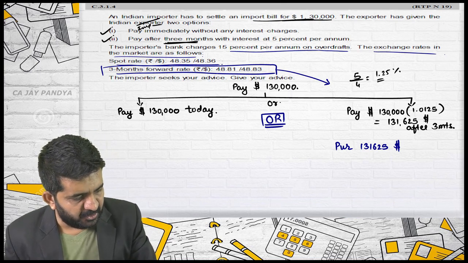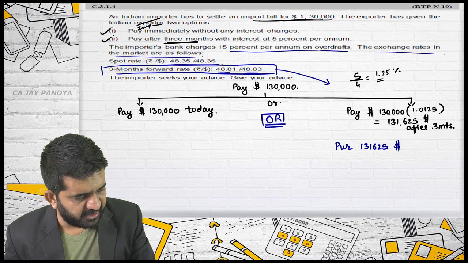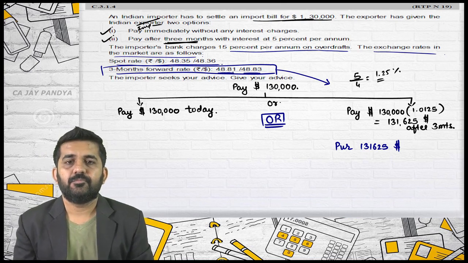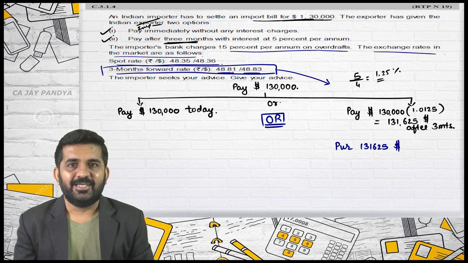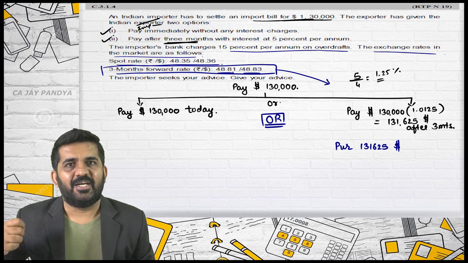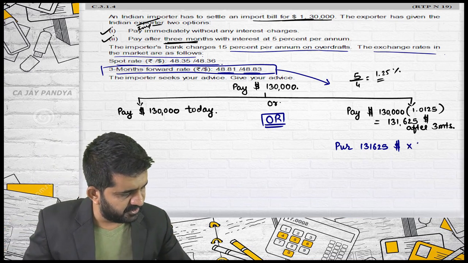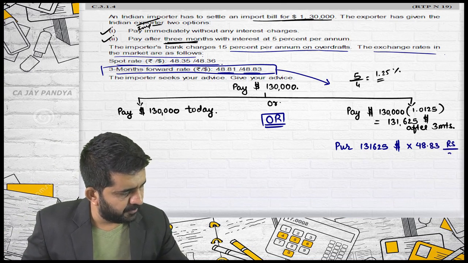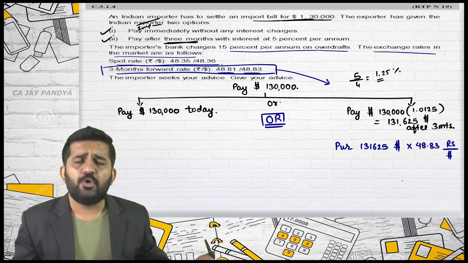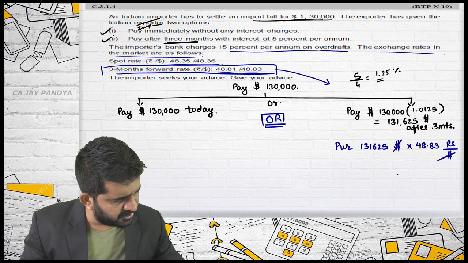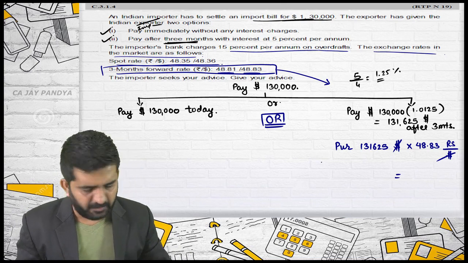Which rate will be used? Bid or ask? 48.83 or 48.81? 48.83. You purchase at a higher rate, sell at a lower rate. Is it correct? You are a customer, you will be purchasing at 48.83 rupees per dollar. And always do this: write down full rates and cancel out something which can be cancelled. The answer will be in rupees.